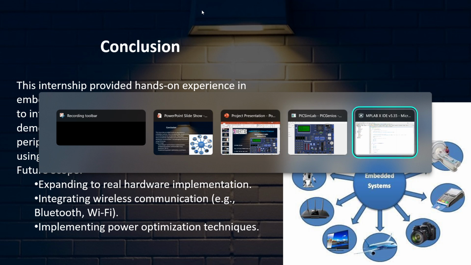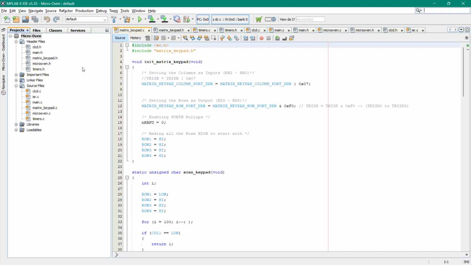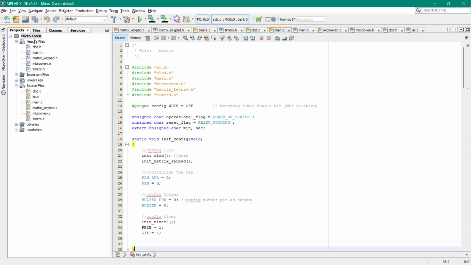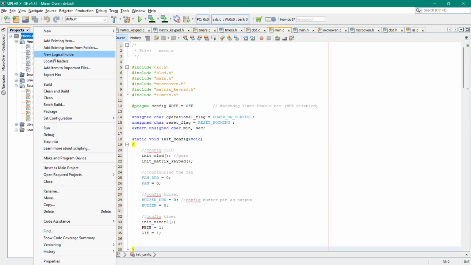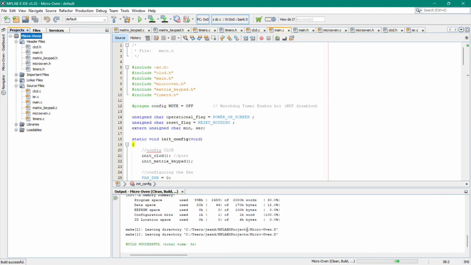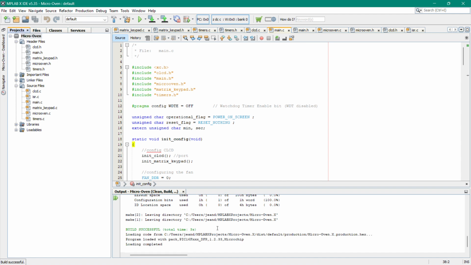So let's open MPLAB IDE here, and you can see we have our project. Here we have a project called micro oven. It has header files, and we have source files, which are like 6 files, and here there is code. You can see different code for each file. And so let's run our project. Right click and clean and build. I think you can see that our project is built successfully, and let's continue to PICSimLab to show